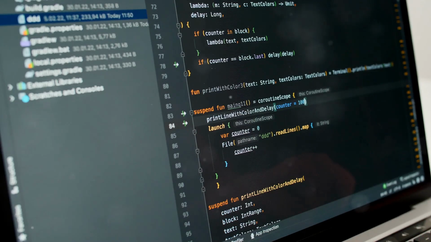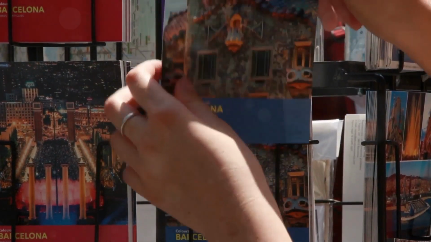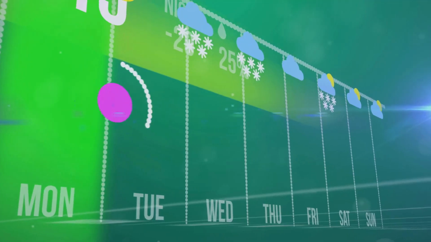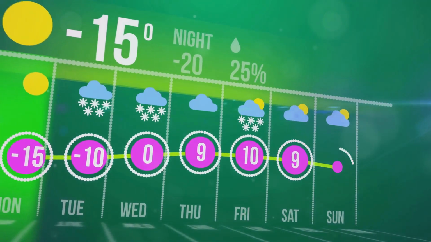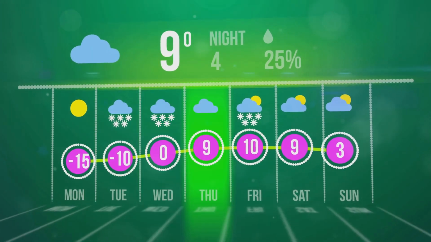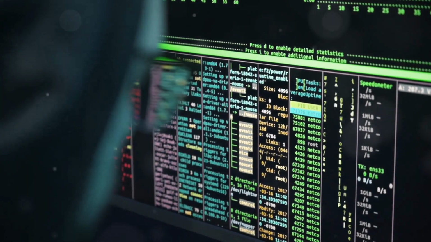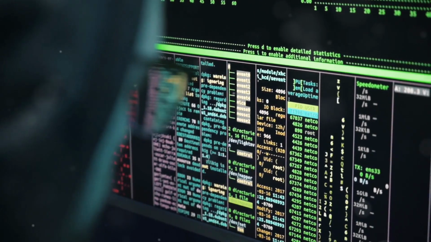Section 3. JSON. Decoding the weather report. Imagine receiving a postcard from a friend written in a secret code. You wouldn't be able to understand their message without the key to decipher it. Similarly, weather APIs often send data in a format called JSON, JavaScript Object Notation. It's like a secret language that computers understand very well, but to us, it might look like a jumbled mess